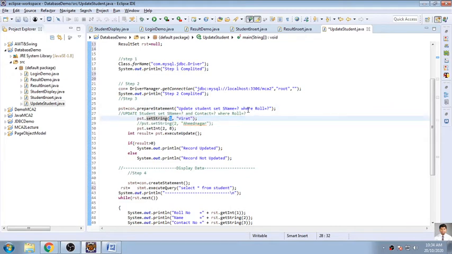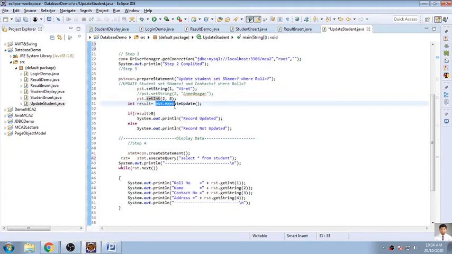So 1 is the first question mark, and I have given the value Virat. So Virat will be automatically added here at the time of executing this query. In the same way, my second question mark is the roll number, which is an integer. So pst.setInt for the second question mark, index 2, and I am giving the value 8. So roll number 8 needs to be updated to Virat.